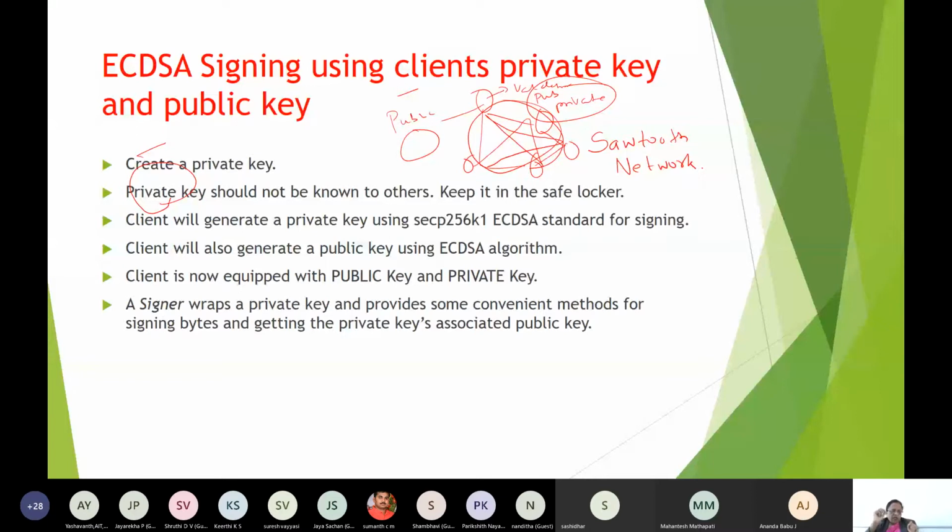Okay. Then the third person inside the Sawtooth network, the actors who are involved, is a transaction signer. A transactor will sign that transaction header, no? Who will sign that one using the transaction signer's private key, right?